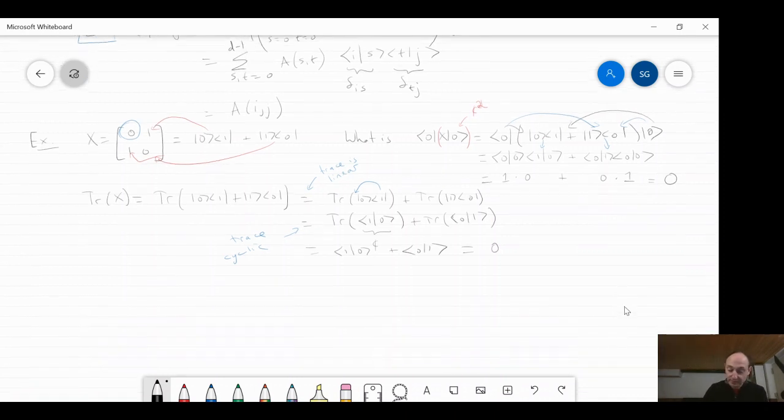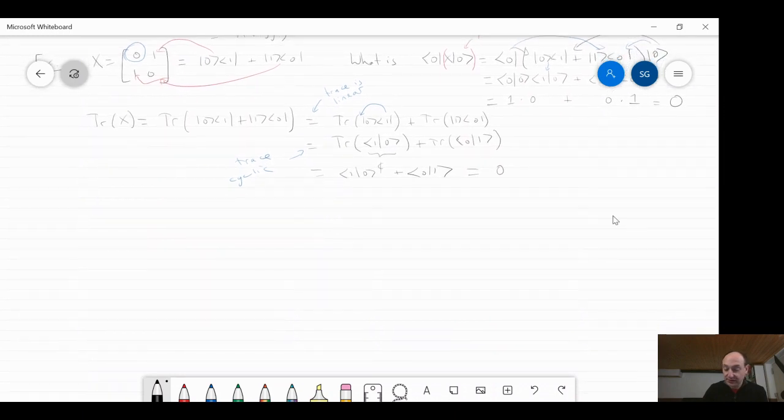So this outer product form allows us to take very nice traces, again without writing out the matrix. I did not write out a matrix at any point in this computation. For small matrices like 2 by 2, you might not really care to do this, but when we start getting to n qubits and things grow in dimension, 2 to the power n, you're going to have to do this sort of ket-bra, Dirac notation manipulation. It's just not feasible to write things out explicitly anymore.